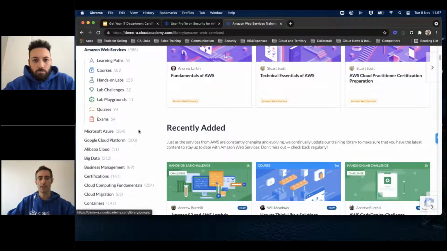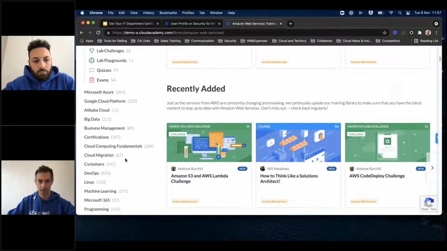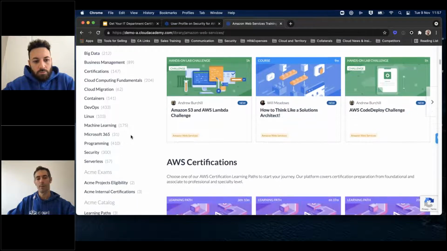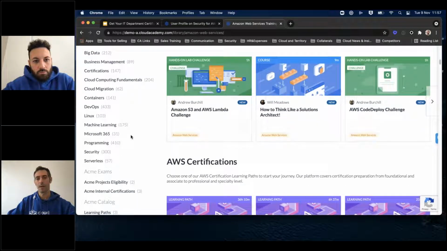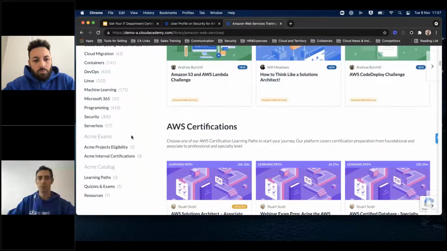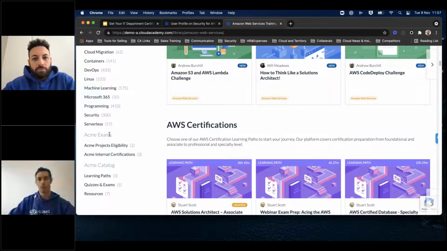You can search, Mario mentioned before about the focus that we have, so obviously cloud technology, but also data and also developing languages. So everything is available here. And before I mentioned the content customization, so if you decide or if you need to actually create content or upload content, you are going to have the possibility to have it inside of your own library.